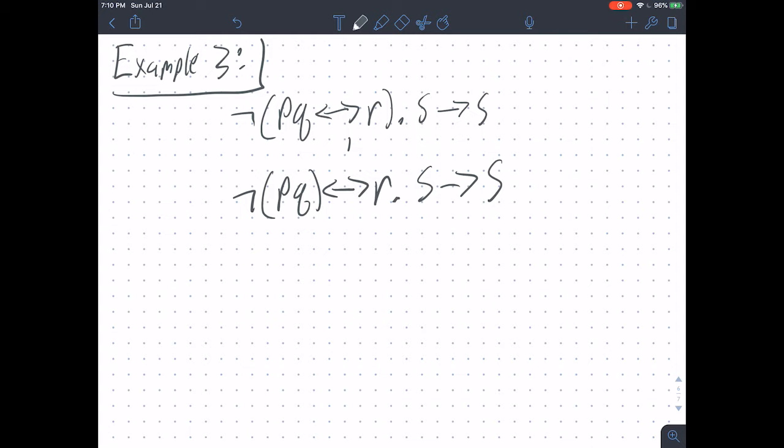Well, we have a biconditional, and the way that I would do this is, remember, we can turn this biconditional into a conjunction of conditionals, right? So I'm going to break apart this biconditional using one of our rules for eliminating biconditionals, and that gives us not, or